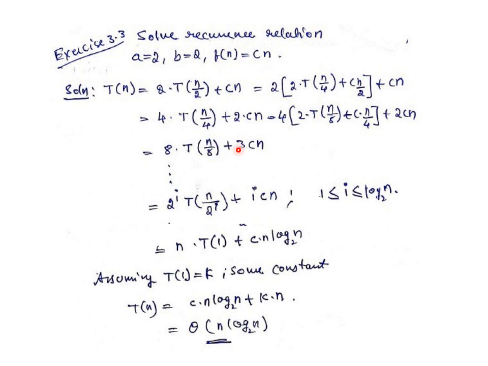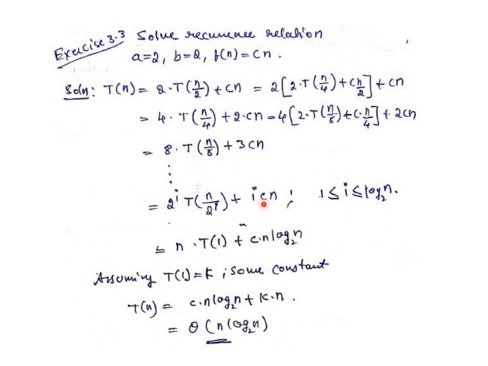So 2 to the power 3 into T of n divided by 2 to the power 3 plus 3 cn. Similarly we can write 2 to the power 4 into T of n divided by 2 to the power 4 plus 4 cn. Then we substitute further: 2 to the power 5 into T of n divided by 2 to the power 5 plus 5 cn. So when we substitute generally with i, instead of 2 to the power 5, 2 to the power 6, finally we reach, in general, 2 to the power i into T of n divided by 2 to the power i plus